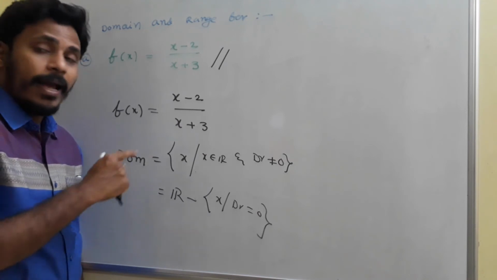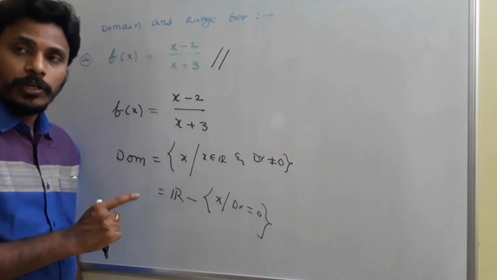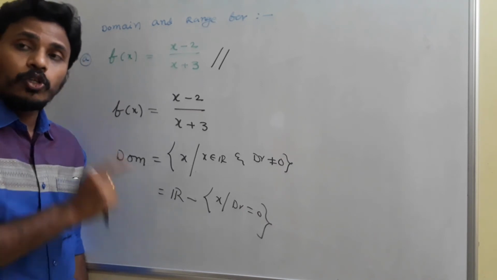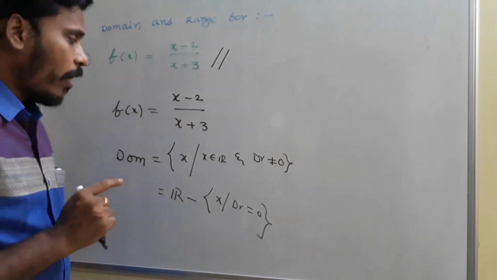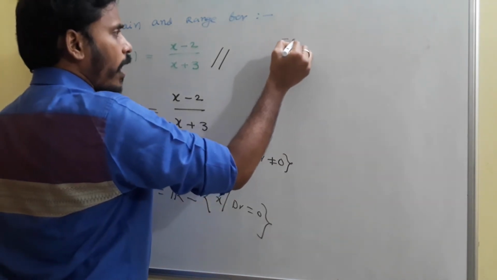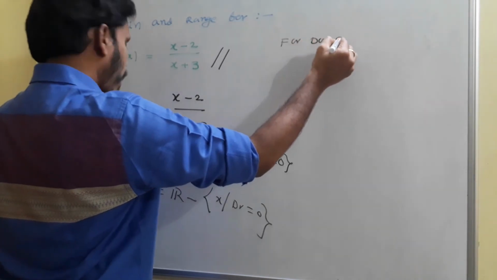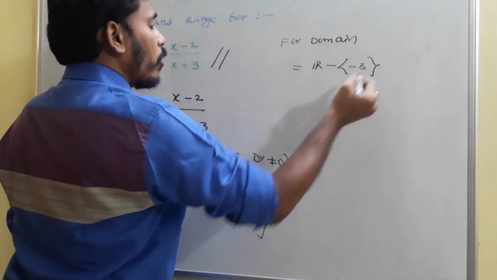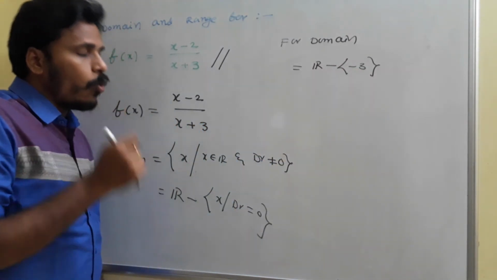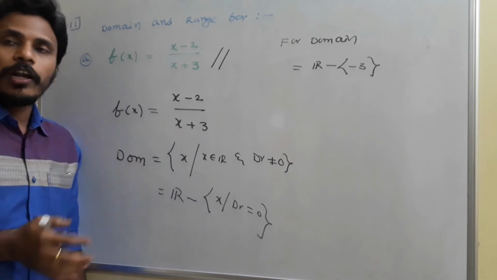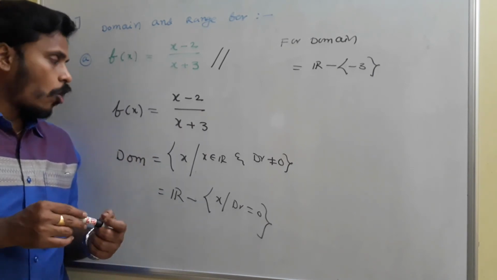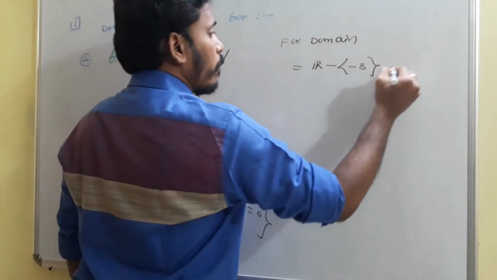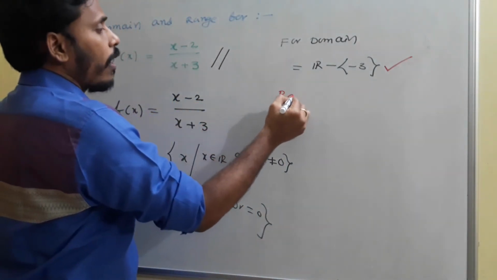So corresponding to minus 3 there is no relation or connection, and that's why we don't call it a function. But to say it is a function, for sure the denominator should be a non-zero value, and that's why, for domain, our domain is simply nothing but all the real values minus minus 3, because that minus 3 only makes this function not defined, and that's why you just eliminate that minus 3. The domain is clear. Domain is f of x equals total real numbers minus of minus 3. Then what do you say about the range?